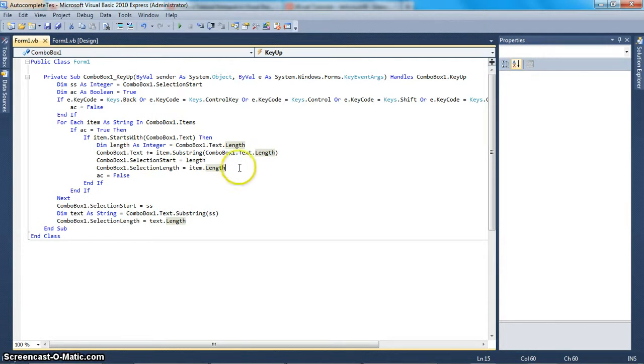And then next thing is ComboBox1.SelectionLength equals item.Length. So then it selects item.Length. So if you type in y, first what it does is it declares the length as the current length of the text, which is 1, and then it adds the text of the item, which in this case is YouTube, but not the whole YouTube, else it'd be y YouTube. It just adds a substring of YouTube starting from